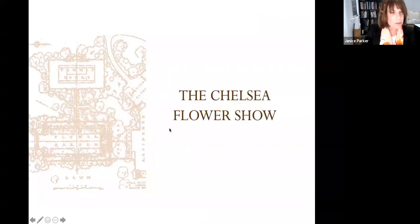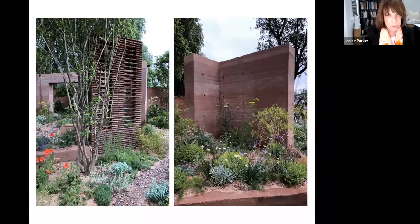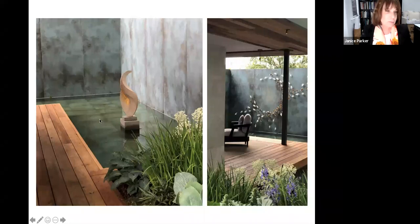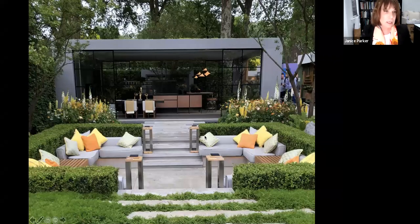So let's have some fun and just look at some of the most cutting edge garden designers, I think, working today, who come to the Chelsea Flower Show and set up garden rooms by their very nature. Because this is how they win their gold medal, their coveted gold medal, or don't. And these are some of the effect of walls going in that have bling on them now, which I think is beautiful, especially for a small secluded area. Sculpture, water, decking, overheads, very creative and beautiful thoughts about changing levels, getting furniture built in,